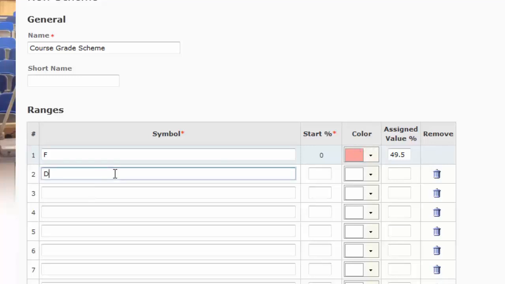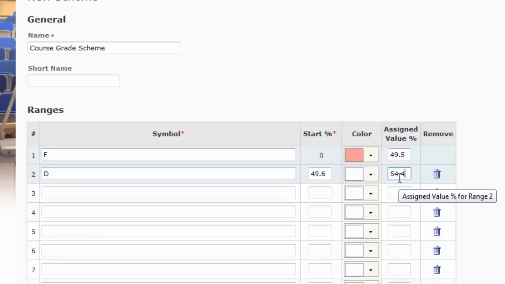We've got maybe a D in the course, and a D in this course maybe is, let's see here, a 49.6, and we'll say that's to like a 54.4. And the reason why I'm putting these point values in here is if, for example, a student gets a 54.5 or 0.6, we'll just give them the benefit of the doubt and bump their grade up to, for example, a C minus. A C minus might be a 54.5, and then we'll put a 59 here,